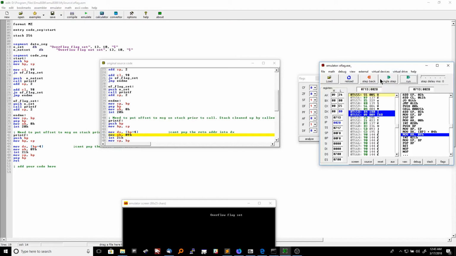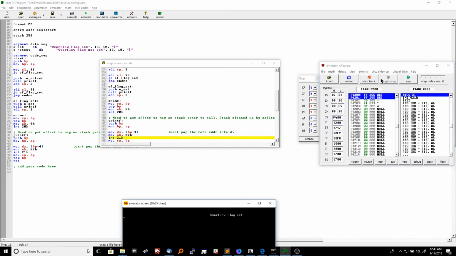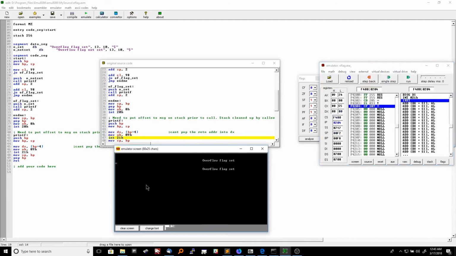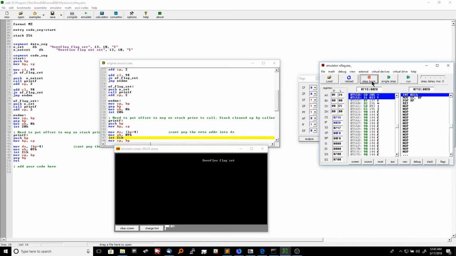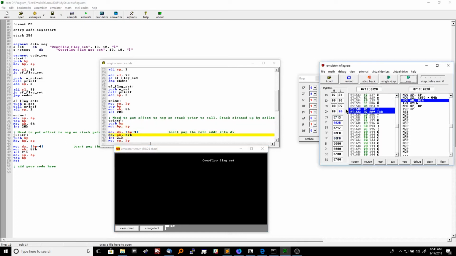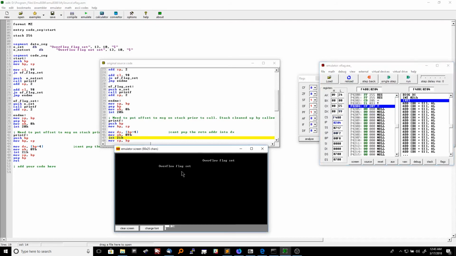So I was like, how is it possible that this is printing the same message twice when we've just loaded it up with two separate areas in memory? In fact, I even did an experiment, and I went back here and changed DX to 99. So we're pointing to an area of memory that's not anywhere near these messages at all. And when I single step, it still prints overflow flag set again, but it prints it over here. So I was like, what on earth is going on with this program? Well, it turns out